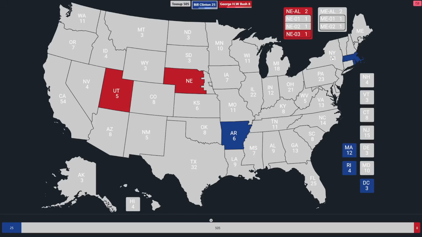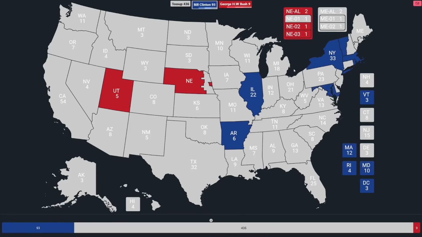Let's go back into the Northeast. We've got New York, and then it's Vermont. Then another district for Bush. It's Nebraska's 2nd. Now we're going under 15%. Over 14, we've got Illinois, and then it's Maryland for Clinton. Under 14, we've got a Bush state. That's Idaho. Continuing the count, we've got a couple more blue states.